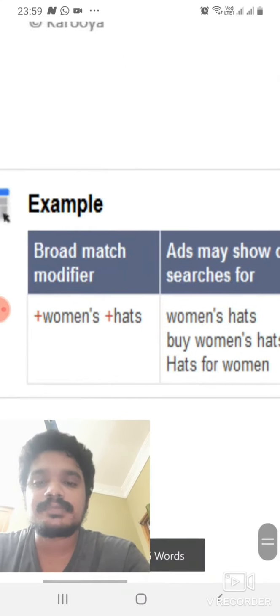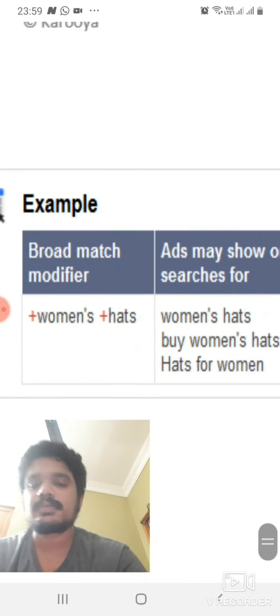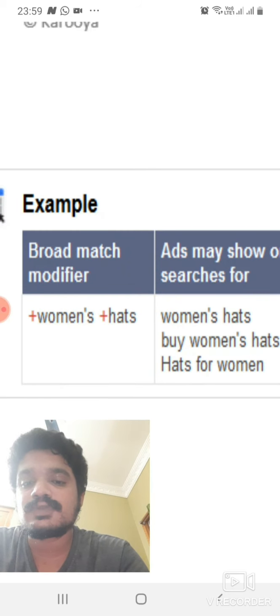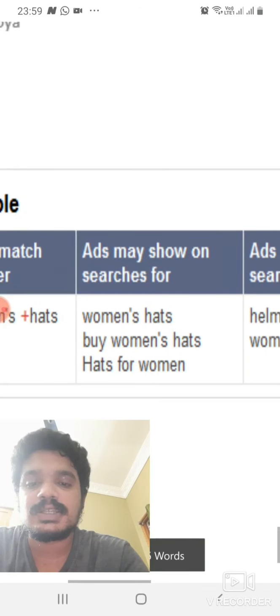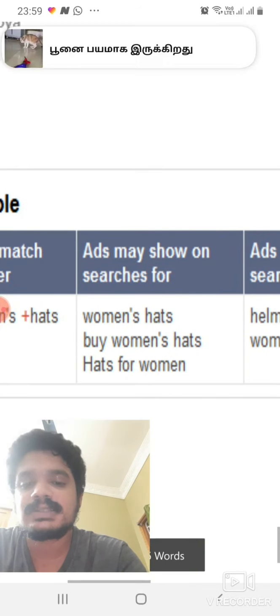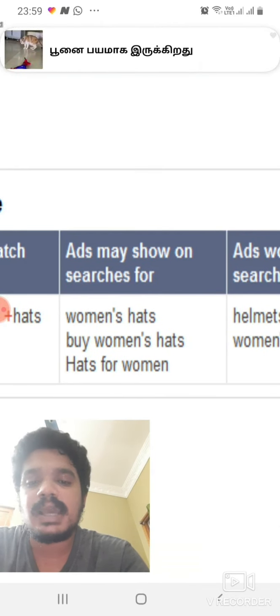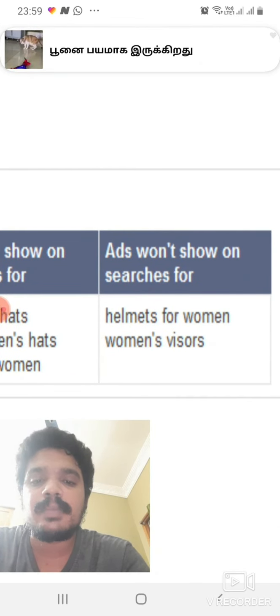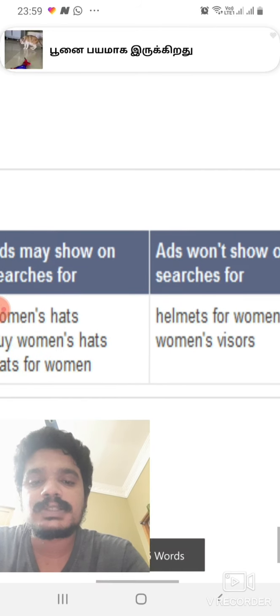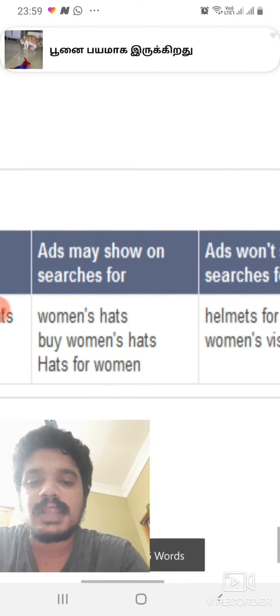Another example, broad match modifier. The keyword is plus women's plus hats. The ad may show on searches for women's hats, buy women's hats, hats for women. The ads won't show on searches for elements for women's visors like that.